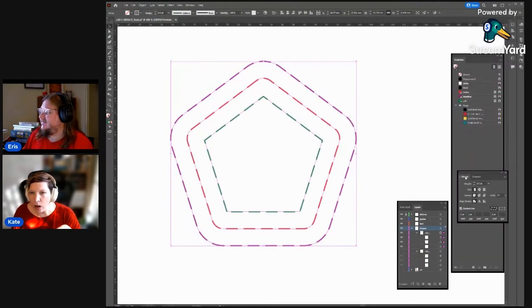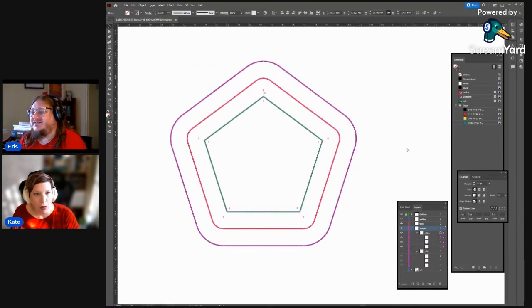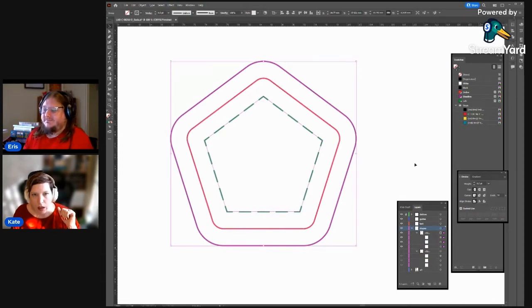In the stroke option, there is this little dashed line. So if you watch the shape, if I turn the dashed line off, whoop, look, everything got dashed because I had the entire thing selected. So we'll just go, there we go. It's just that one selected. Perfect. Right. Thanks for that.